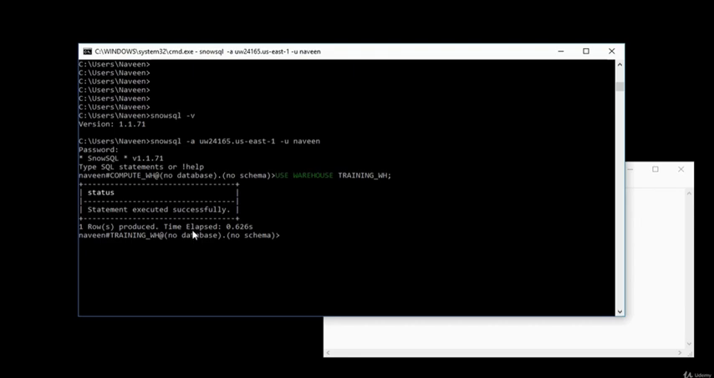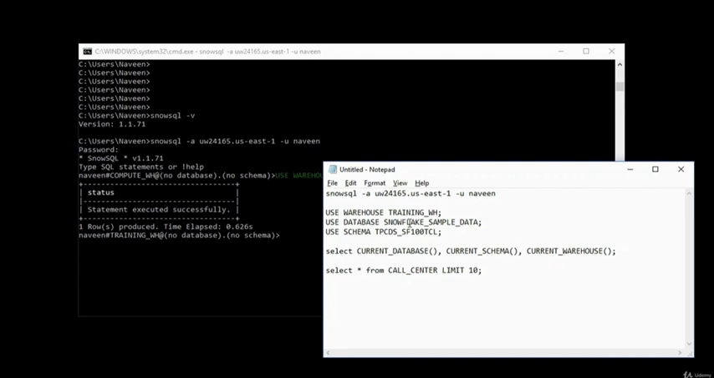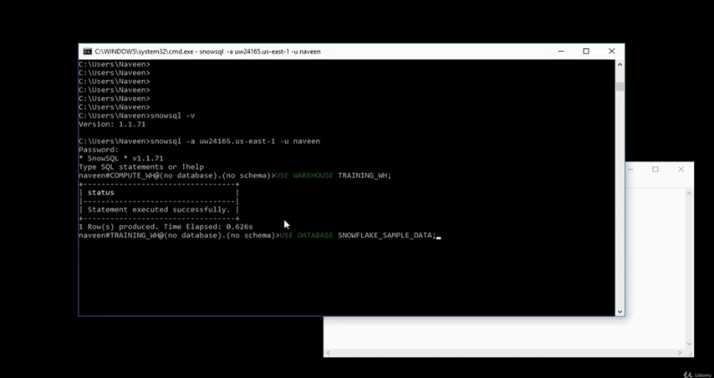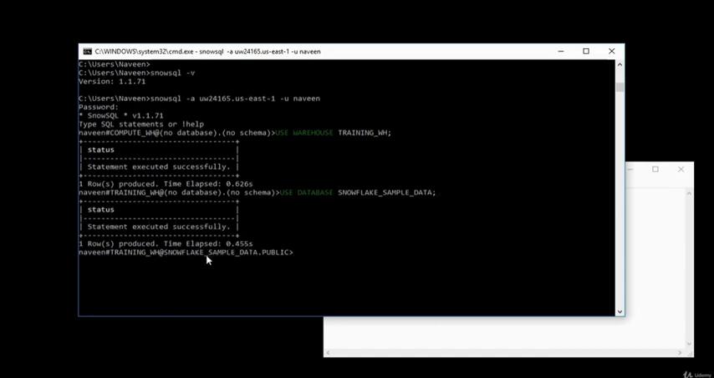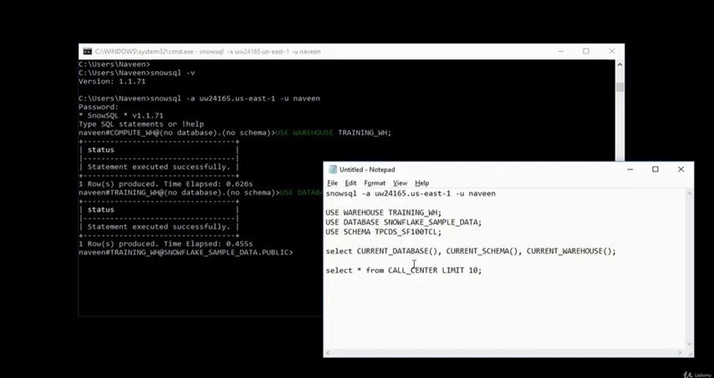Let us go ahead and change the database as well. So let us use the Snowflake sample data. Okay, now we are in Snowflake sample data. This is the database, and let's choose the schema as well. So let's use the schema, the Snowflake performance testing schema,